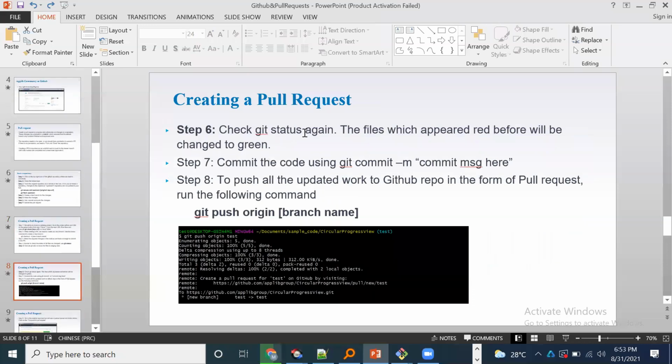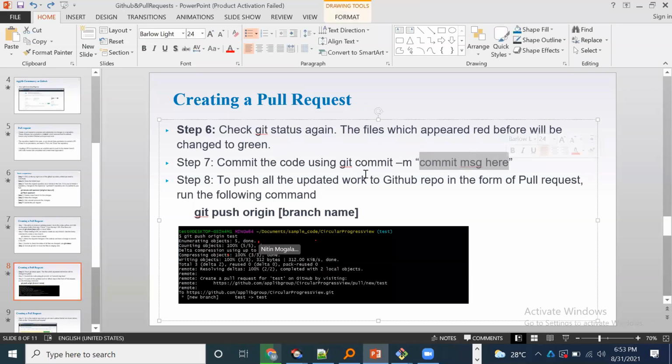Again, like we have done here, we'll see git status, and files which appeared red before will be changed to green. Now you can commit the code using git commit -m and give a meaningful commit message. Now to push all the updated work to the GitHub repo in the form of a pull request, run this command: git push origin and the branch name you have created.